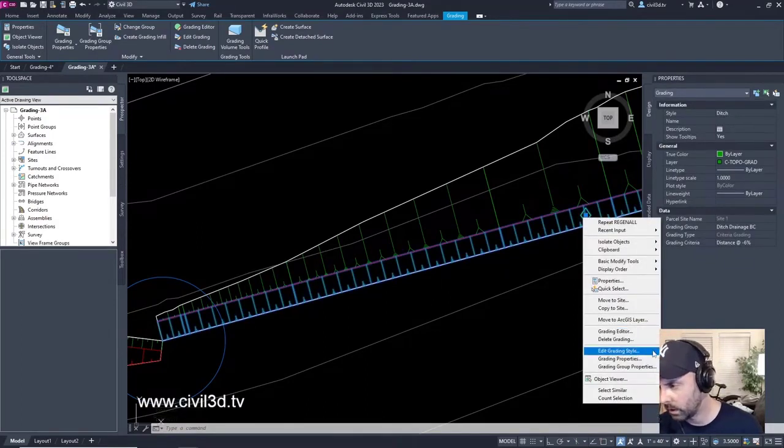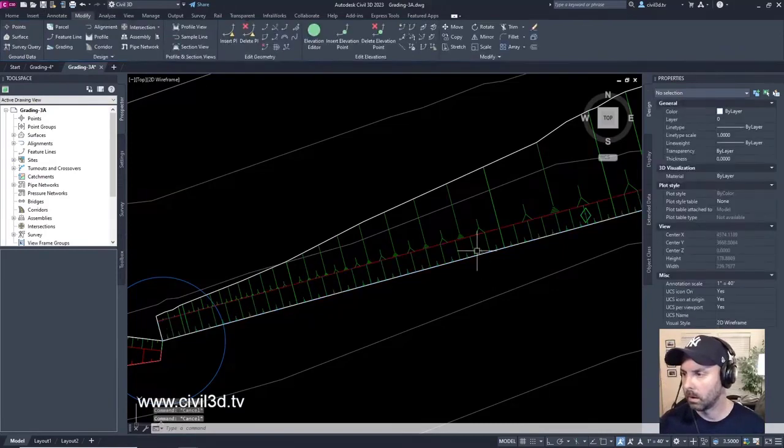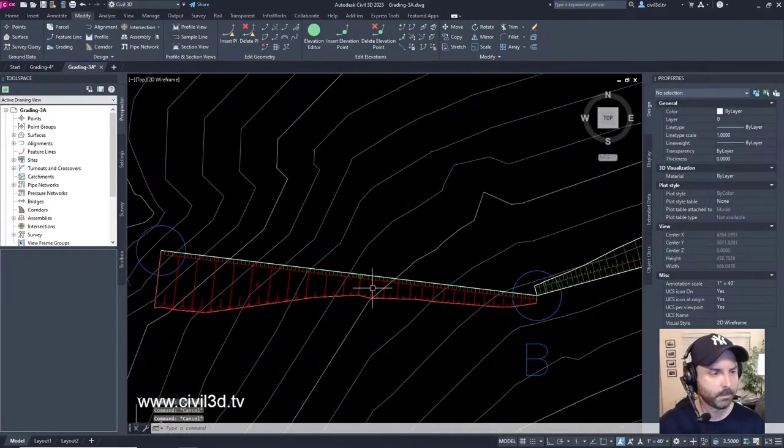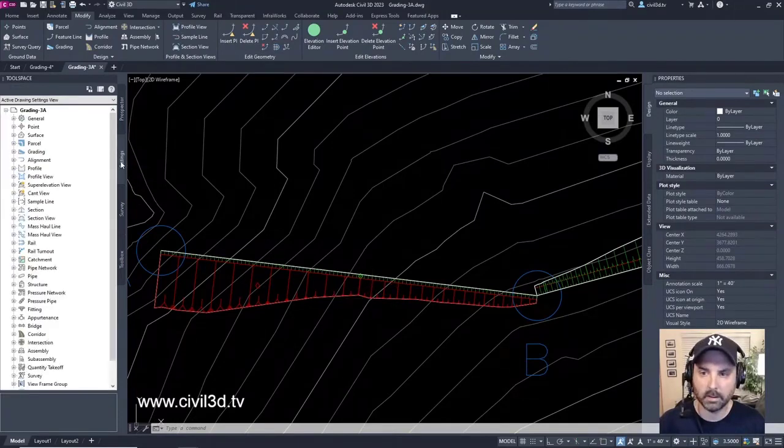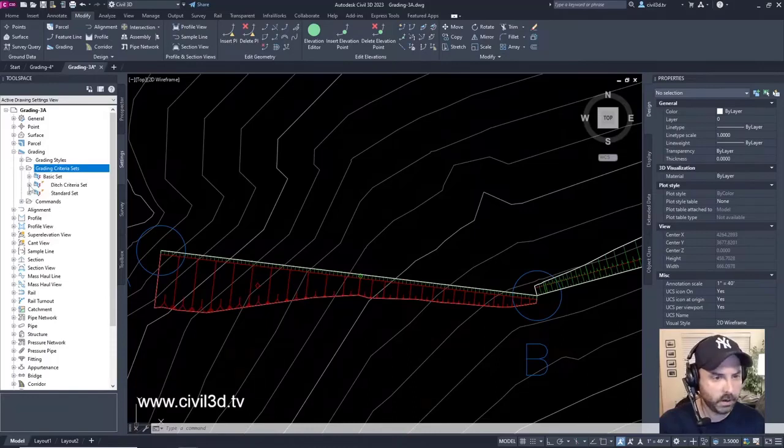If I go into the tool space, in the settings tab, go into grading criteria sets, and go into ditch criteria set.